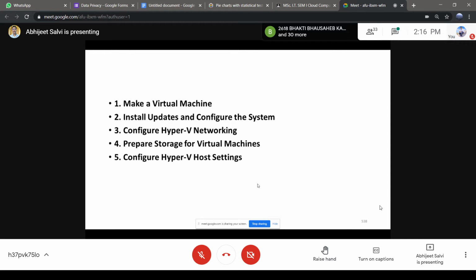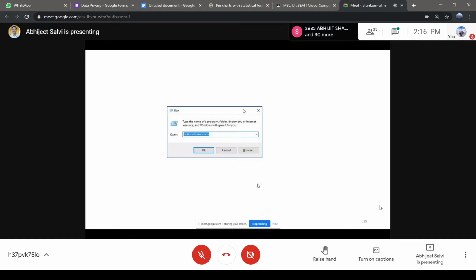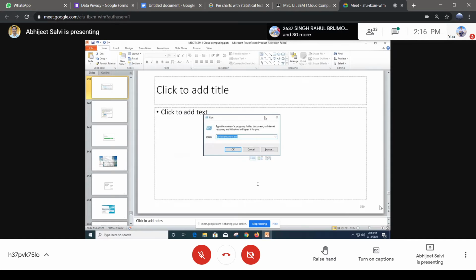So in this practical, we are supposed to be creating virtual machines, then configuring our networking, storage, then configuring the host settings, the display, and networking switches called a virtual switch, right? We are going to do all of that step by step, in a systematic manner. So what is the first step? Actually, we have to go by some commands. Okay, so we'll just switch to our hands-on.